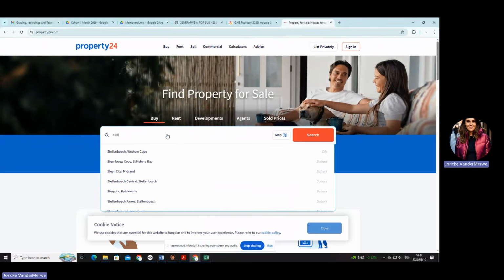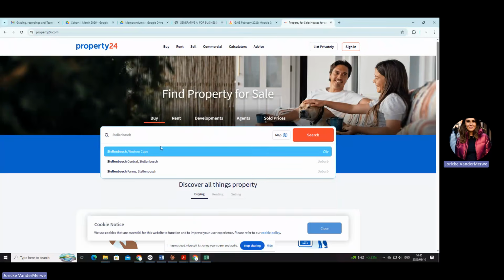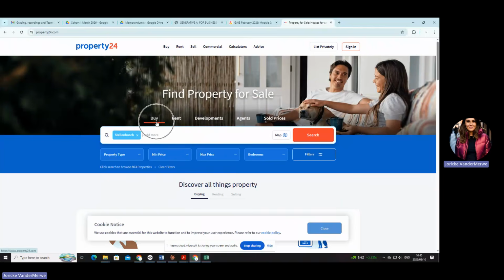Let's say I'm looking for a property in Stellenbosch. I want to buy. I want the property type to be a house. It can maybe be an apartment. The minimum price, let's make it 1 million. And the max price I want to pay, let's make it 3 million. The bedroom should be at least 3.